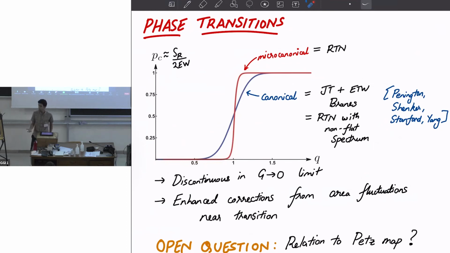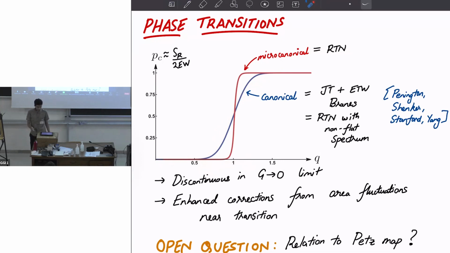And there's a very similar model to the tensor network, which is this PSSY model, which you can essentially think of as a random tensor network with some fluctuations in the area. And when you do that, you find that the transition is a little more smooth. There's a wide window here of order 1 over square root g, where the transition happens. This is similar to what happens for the entanglement entropy as well. It's something that comes from just the area fluctuations near the transition.